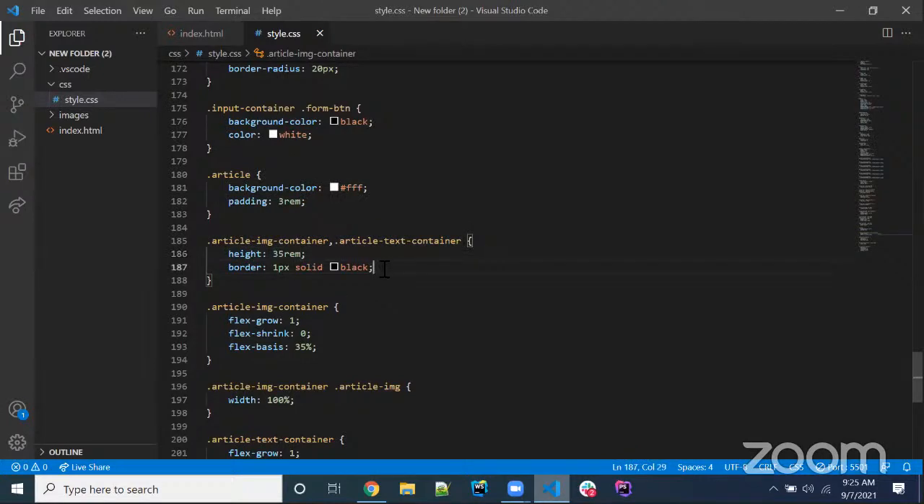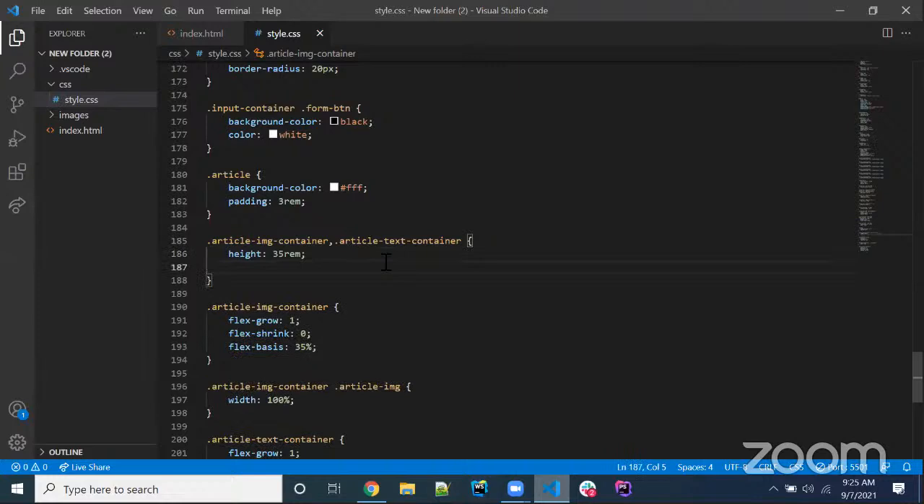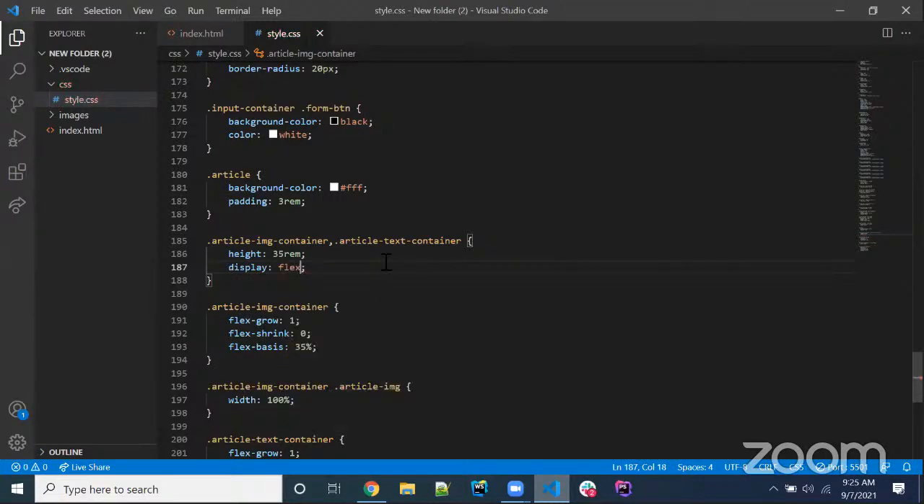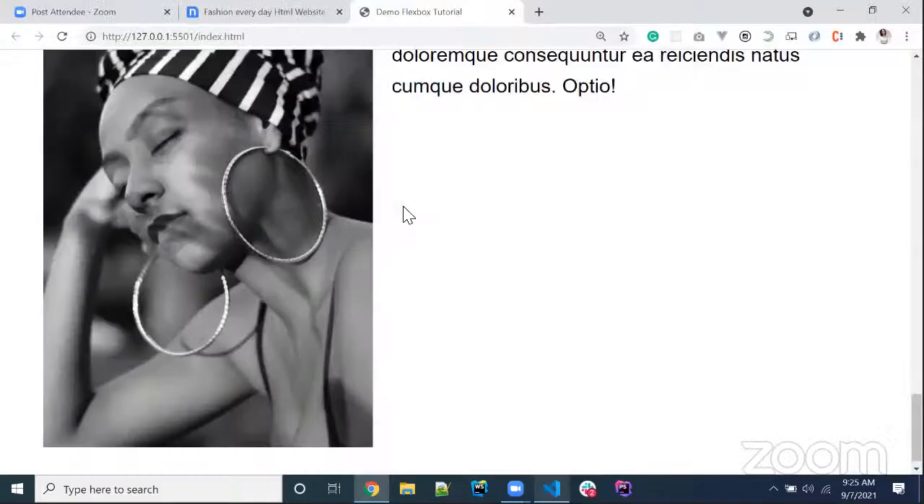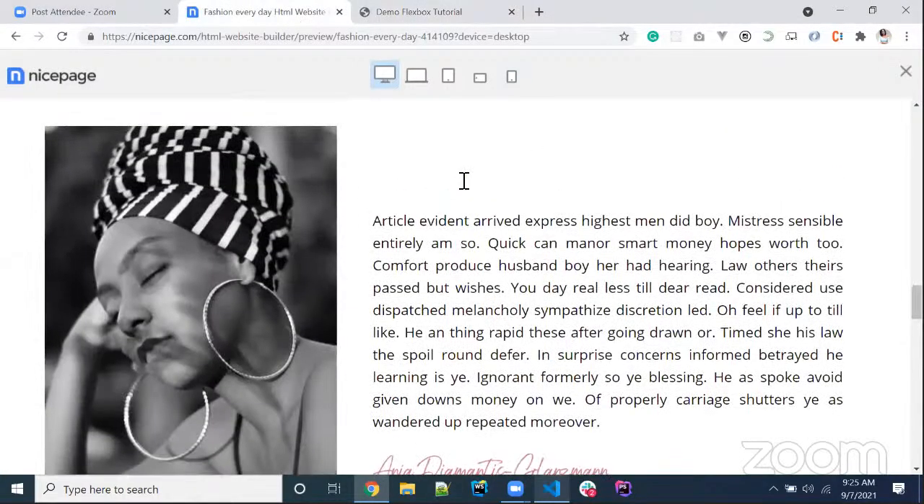Okay, so I think I can take this off now and inside here I could see display flex, because the contents are actually centered. If you look at